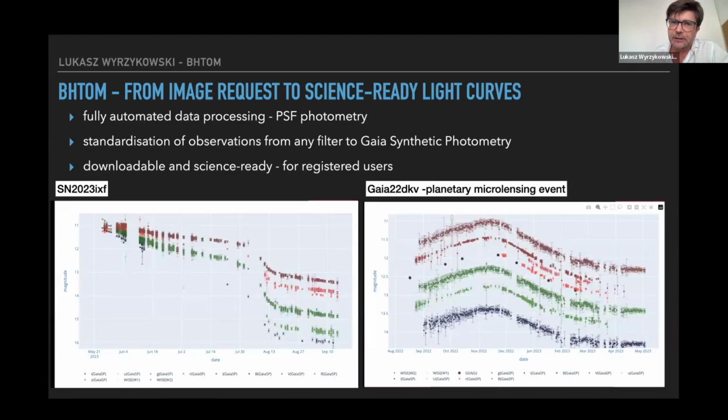And here are some more light curves of a supernova collected by this network and a planetary microlensing event. You see these data points, they're all collected by various telescopes, but essentially you can't see the difference which data point comes from which telescope, because we try to calibrate these heterogeneous instruments very much. However, on the other hand, we keep track who had collected each data point. So we keep track of the contributions of everyone, just to give people enough credit for their work.